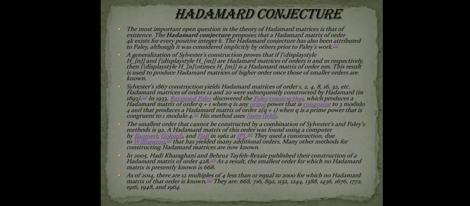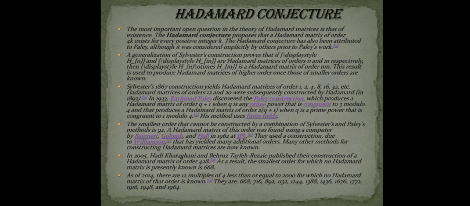Sylvester's construction in 1867 yields Hadamard matrices of order 1, 2, 4, 8, 16, 32, etc. Hadamard matrices of order 12 and 20 were subsequently constructed by Hadamard in 1893. In 1933, Raymond Paley discovered Paley's construction, which produces a Hadamard matrix of order q plus 1, where